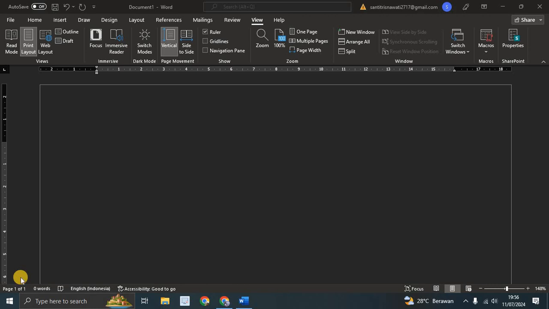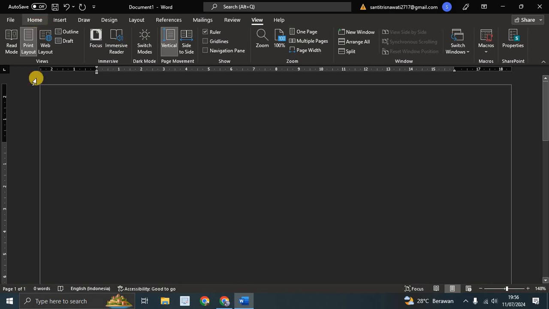On today's tutorial, I'm going to show you how you can change the tab spacing in your document in Microsoft Word. So in here, I've already opened a blank document on my Word, and here I'm going to just write one and click on tab on my keyboard. There will be a tab spacing like this, and 2, tab again, 3, tab, and 4, 5 for example. So as you guys can see here, the default tab spacing is around